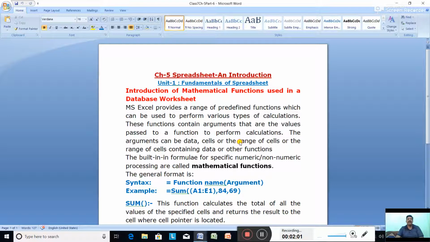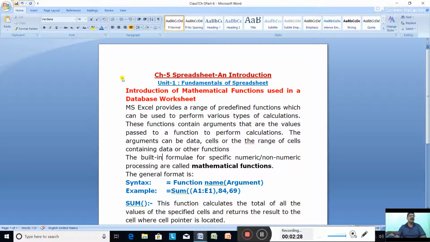The built-in formulas for specific numeric or non-numeric processing are called mathematical functions.